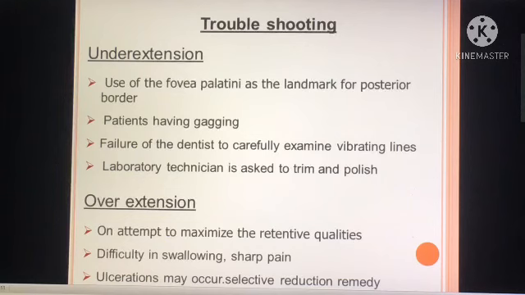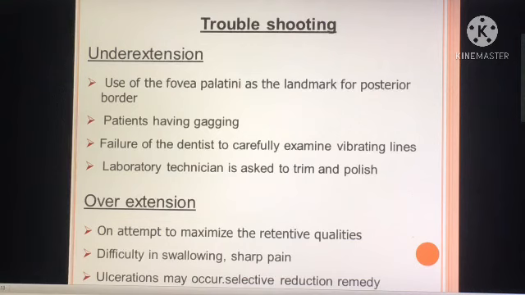The next reason is those patients who are having gagging. So these patients will inform the dentist that they are having gagging prior to the impression, and so the dentist will be cautious to minimize the posterior extent as much as possible. In this attempt, he will do under extension of the posterior palatal seal or posterior border of the denture that will minimize the retention. In such cases, there are many methods in which you can compensate for this situation. That is, ask the patient to concentrate on a particular point on the floor or the wall and ask him to breathe evenly. This will help during impression procedures.